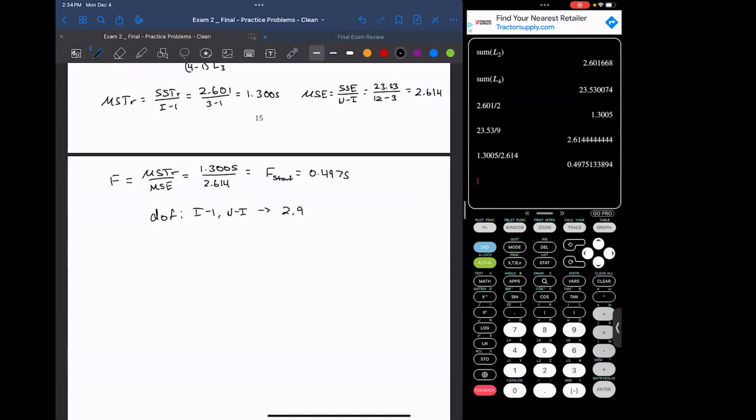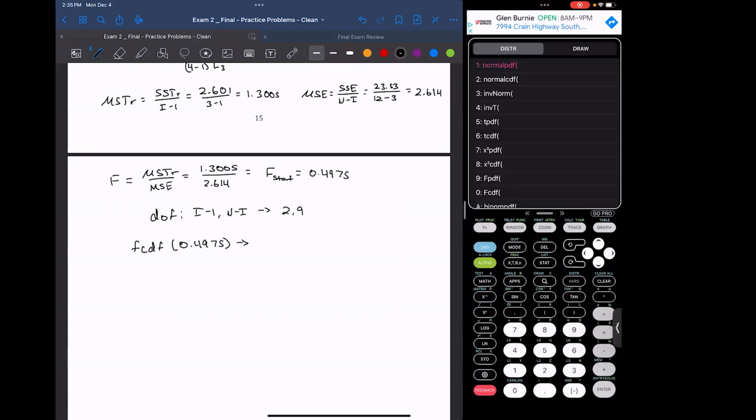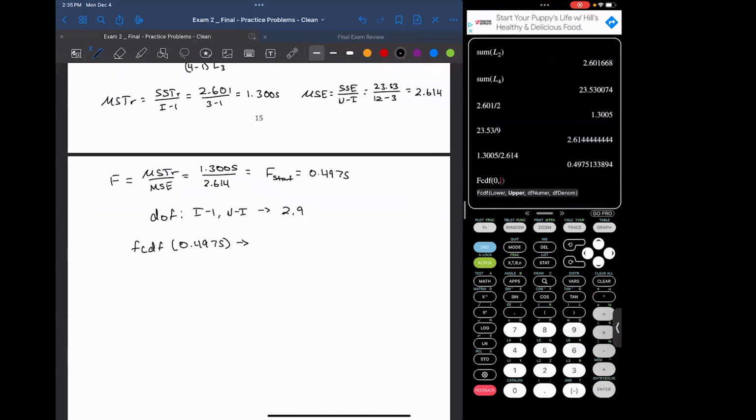Then we can get our FCDF of our 0.4975. So click second and then vars, scroll down to FCDF. So we'll keep our lower number as the same. Our upper number is going to be what we found before. So the 0.4975, put a comma in there. Degrees of freedom for the numerator is I minus 1, that's 2. Degrees of freedom for the denominator is 9. So we'll click enter, we get